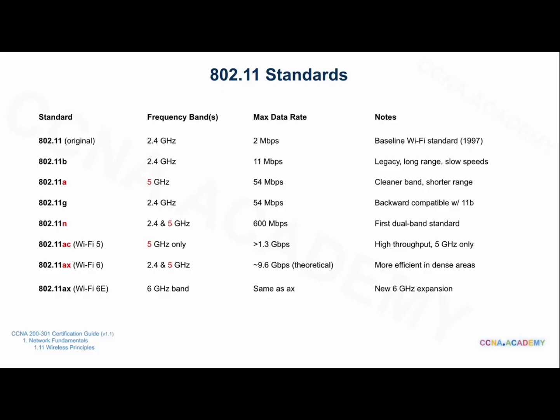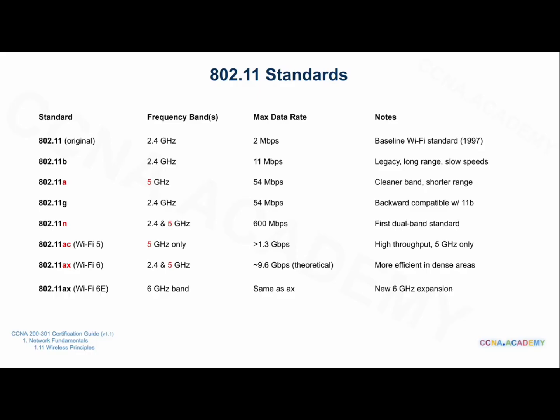Then 802.11a introduced 5 GHz, which gave us a cleaner spectrum but slightly shorter range. With 802.11n, we finally got dual-band support and a big jump in performance thanks to MIMO. From there, 802.11ac focused entirely on 5 GHz and pushed Wi-Fi into the gigabit era. And the latest version, 802.11ax, also known as Wi-Fi 6, brings major efficiency improvements, with Wi-Fi 6E extending those benefits